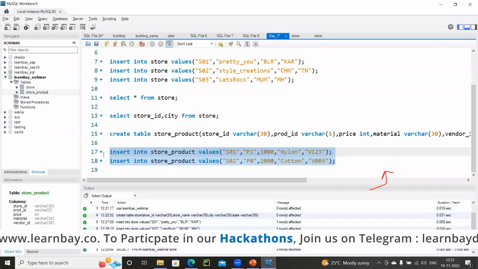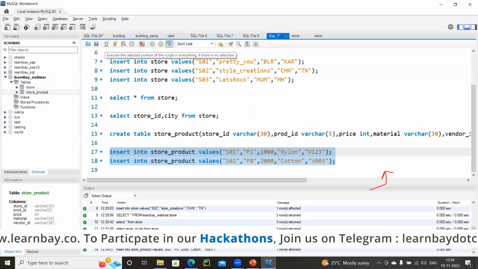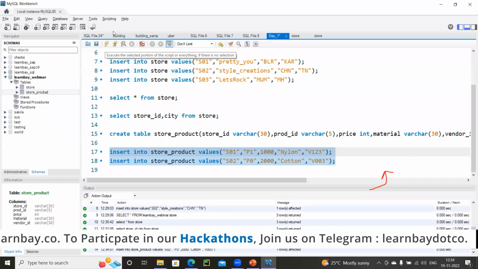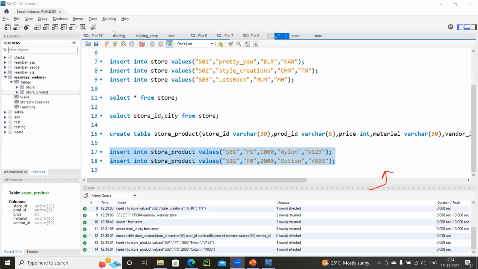Okay, now I'll select these two and I will try to run them. This is something that Devendra asked. So I'm just showing. Devendra, this is what you asked, right? Selecting two statements and running together. So I have selected these two and I click on the run. But one thing here is sometimes you might miss, as I missed one of the statements in between to run. So please, when you are selecting multiple lines together, make sure all of them come at your output section, because if it is not there, it means you missed running it. Or sometimes we thought we had selected it, but it would have been missed by chance.